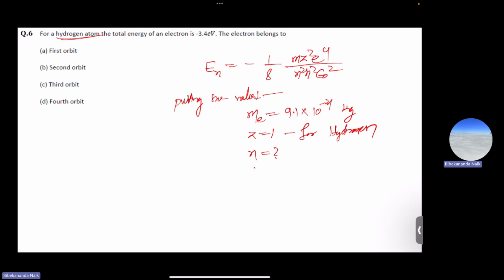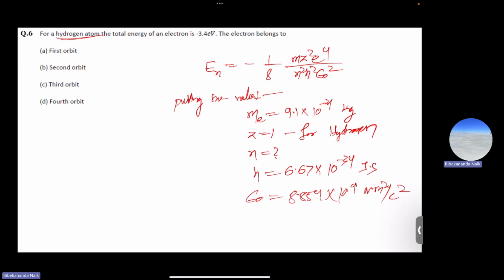And then h is Planck's constant, it is 6.67 into 10 to the power minus 34 joule second. Then epsilon naught, it is 8.854 into 10 to the power